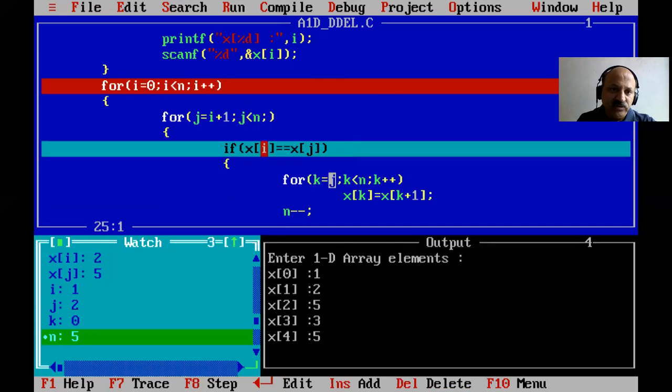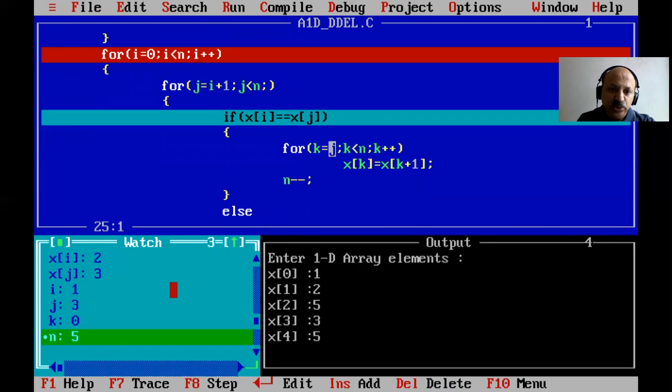So here you can look at the last. Now what to do? So here in the main for loop, i plus plus. So again the inner loop starts. So here j is i plus 1. So 1 is the next element, 2, and all other elements are compared. So 2 is compared with 5. Yes, not equal, so j plus plus. 2 and 3 compared, not equal, so j plus plus. Yes, that is complete. And now again that loop is false.